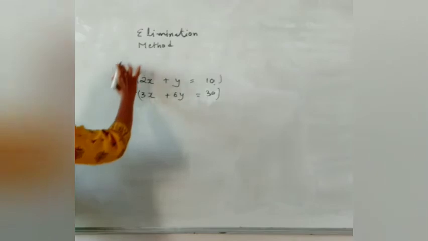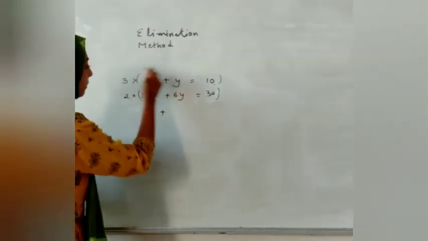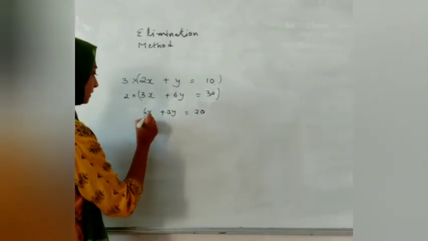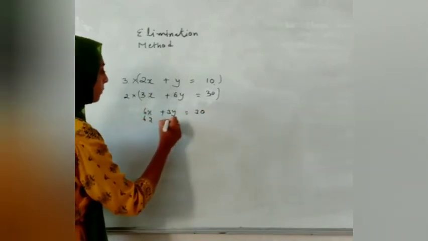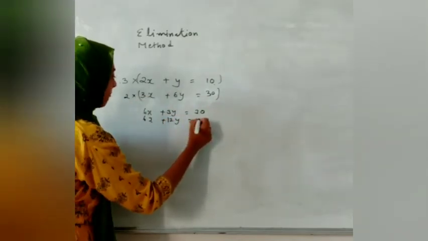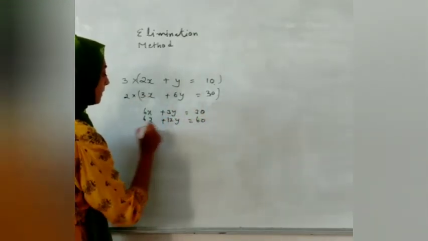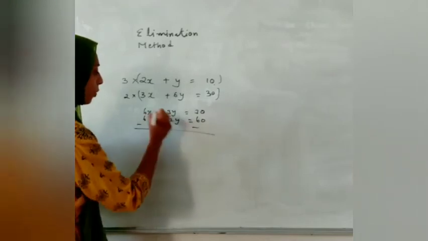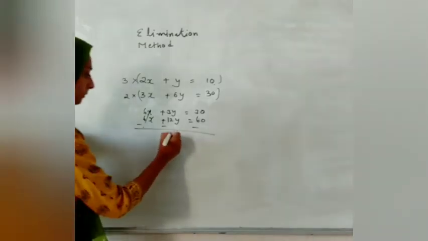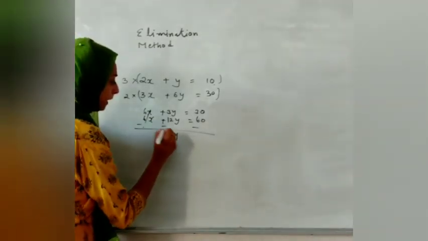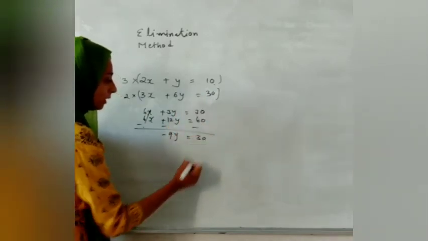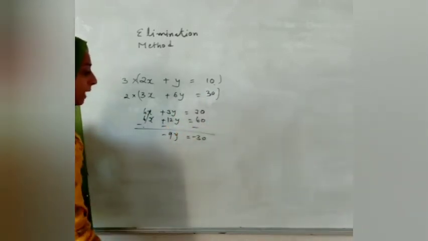Then what will happen, it will become 6x and it will become 3y and that will become 30 and this will become 3 2s are 6x and that will become 6 2s are 12y and that will become 3 2s are 6. Then we will change the sign. So what will happen, 12 minus 3, so it will become 9 and the symbol of the greater number will be minus. 60 minus 30 will become 30 and the symbol will become minus.